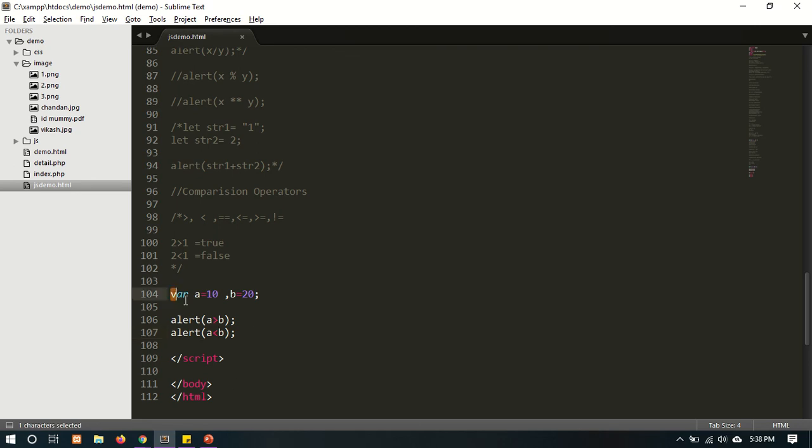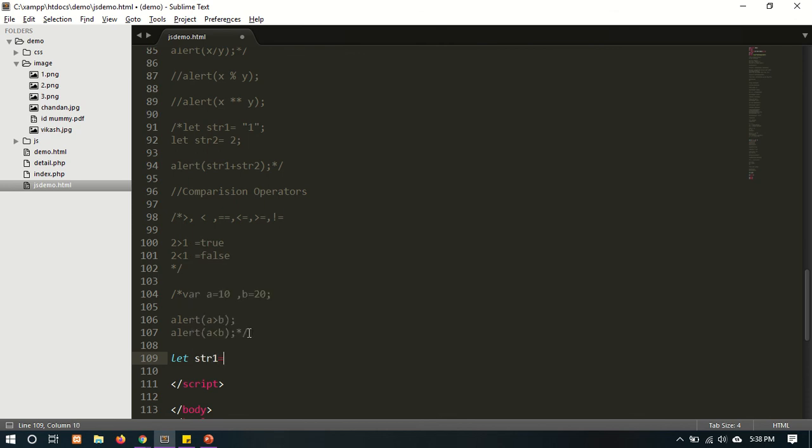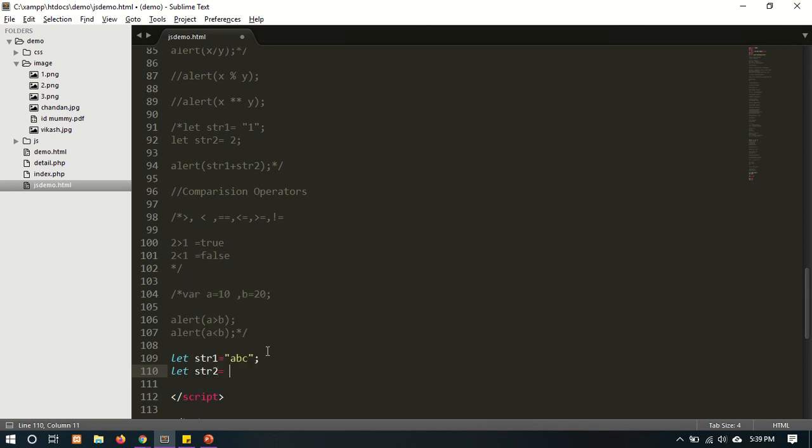Let's take the example of string comparison. Let str1 is equal to abc. Next, another, let str2 is equal to abc.